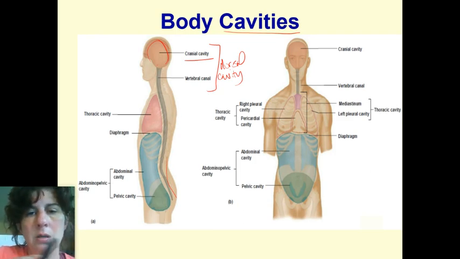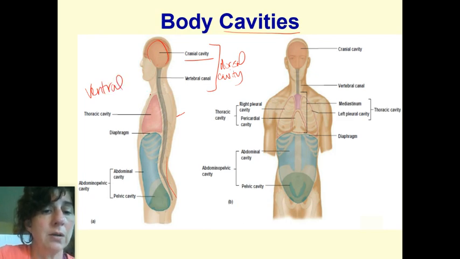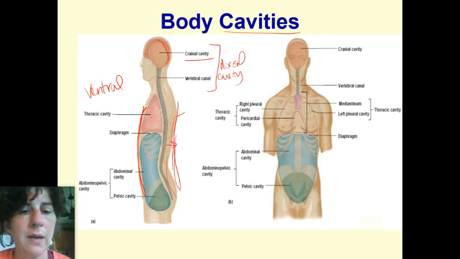Now, terms to start using all the time. One of those is dorsal. Dorsal means backside. Ventral means the front side, so that's the belly side. This is ventral, and on this guy, this is the dorsal side here. The vertebral canal runs down the back side of what you see in pink and blue and green in the front, so it's running in the dorsal portion. That's why it's all called the dorsal cavity.